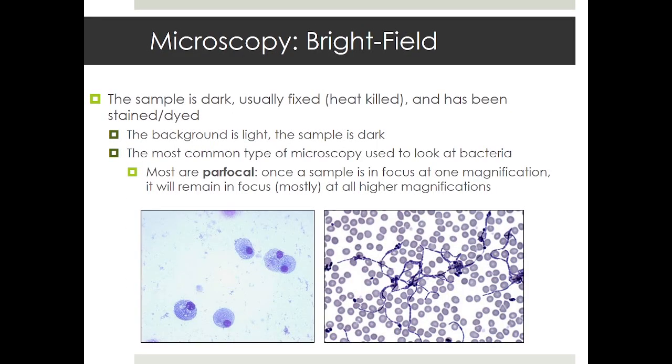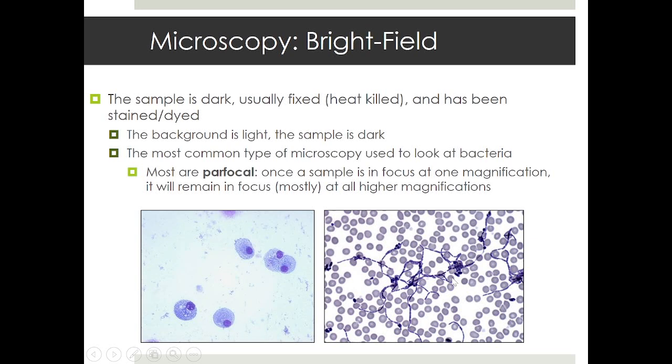Most of the microscopy that we do is bright field. So we have a dark sample, usually fixed or heat killed, that has been stained and dyed. And most of the time we have a light background and a dark sample. So this is typically what we use with our compound light microscope. Here's an example of our eukaryotes. You can see nucleated cells that are dyed. And over here, you can see some examples of some red blood cells in the background, as well as some